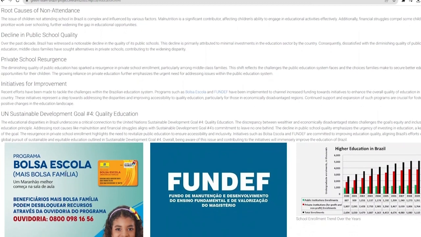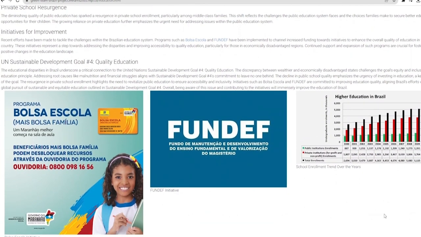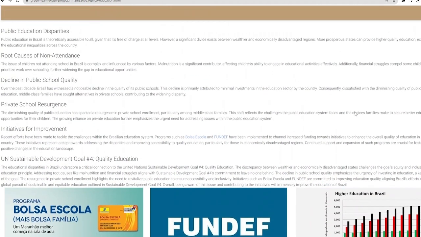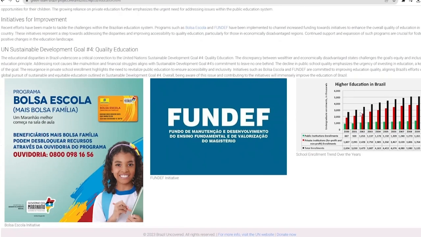In this section, I said that there are problems within the education system of Brazil, and the UN Sustainable Development Goal of education aims to help the education system of developing countries. In addition, I also used figures for images with accompanying captions to enhance the visual appeal and provide context to the content. Lastly, the page is designed to offer a seamless and visually appealing experience across both desktop and mobile